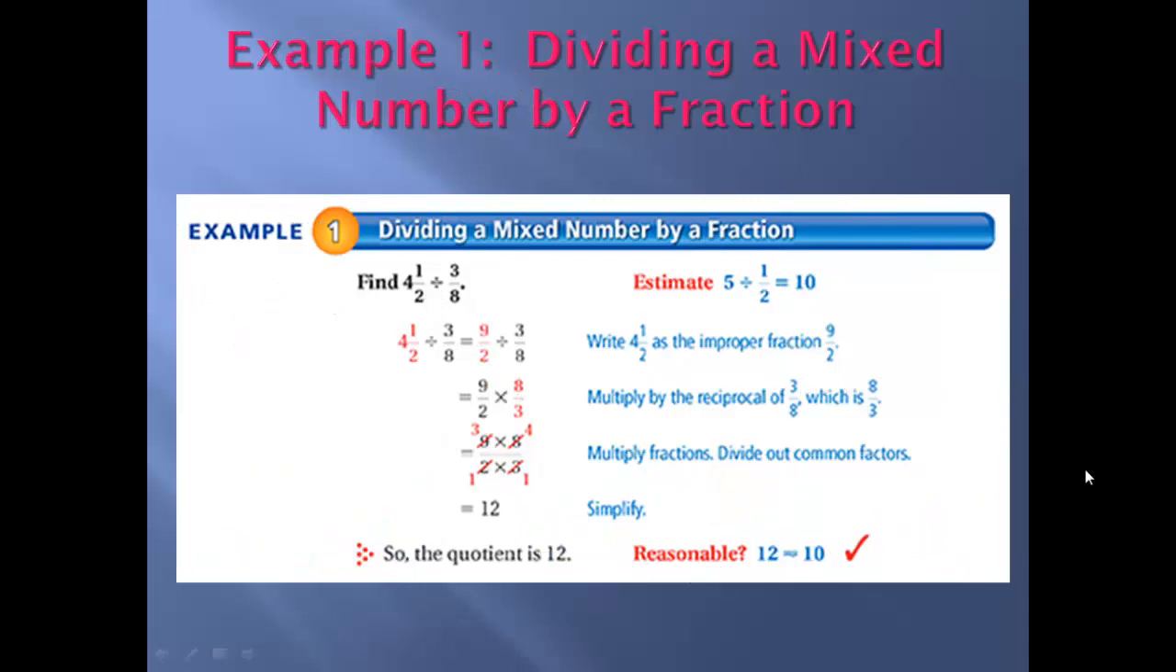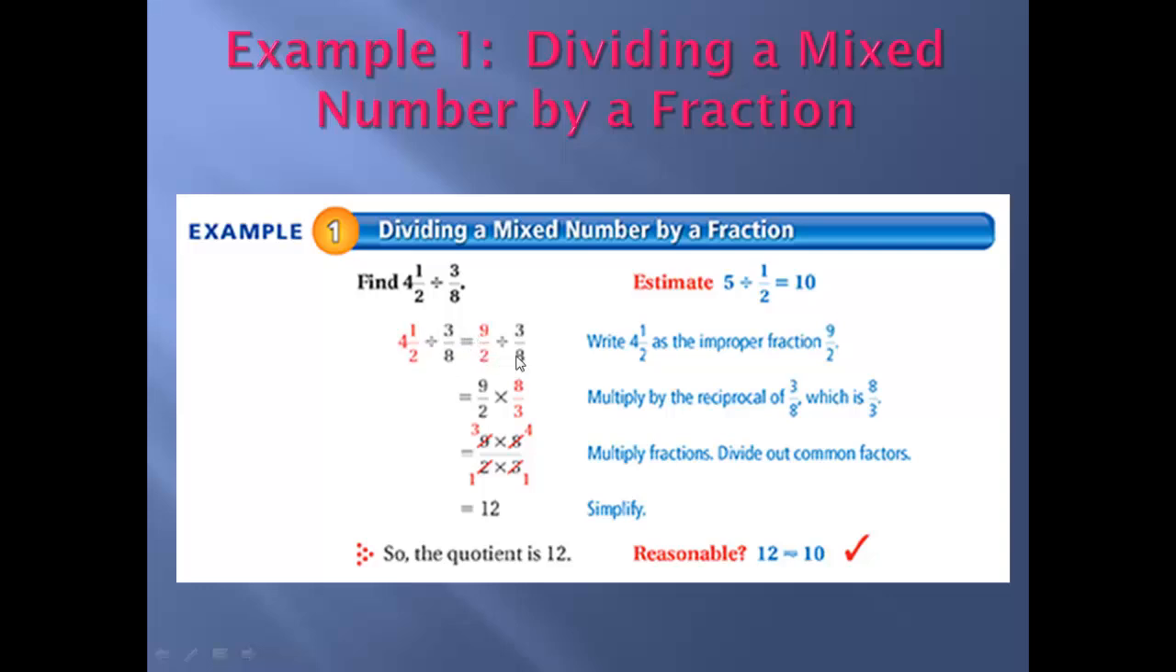For our first example, we're dividing a mixed number by a fraction. We're going to find 4 1/2 divided by 3/8. If we estimate, we can say this is about 5 divided by 1/2, which would be 10. Our first step for this problem is to write 4 1/2 as an improper fraction. 4 1/2 would be 4 times 2, which is 8, plus 1 is 9, so 9 halves, and then we